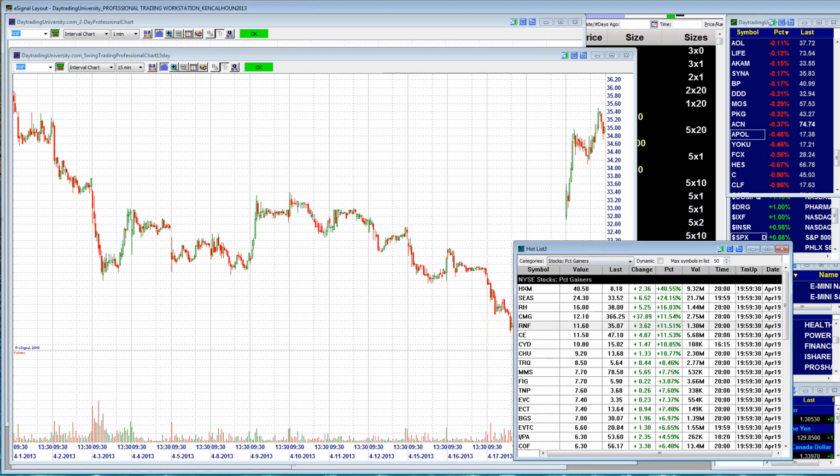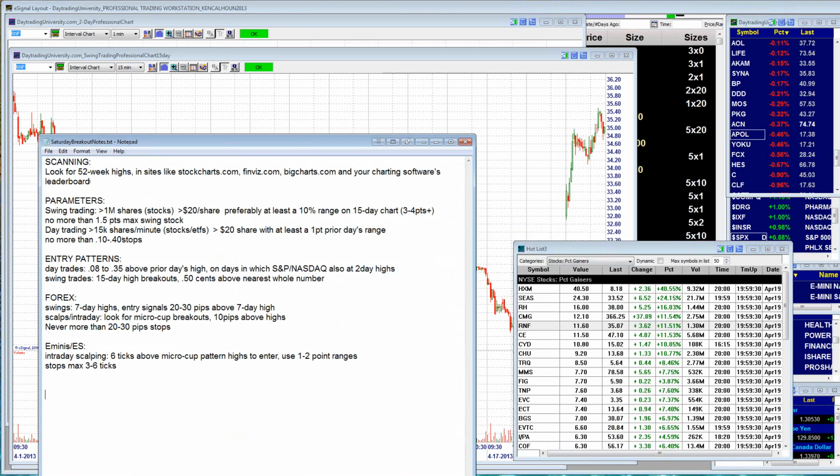Second thing you want to do, okay, so stock swing trading walkthrough. Step 1 is at least 1 million shares a day volume, over 20 a share. If yes, then step 2, a 15-day chart in a strong enough, and that's the key word, strong enough uptrend